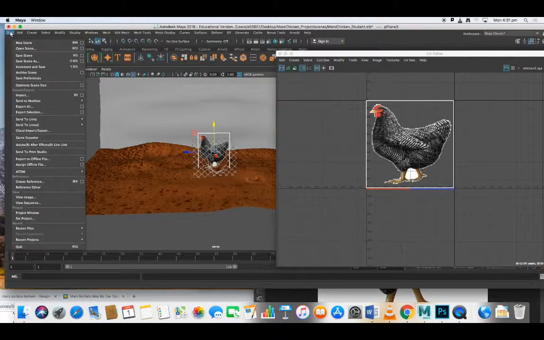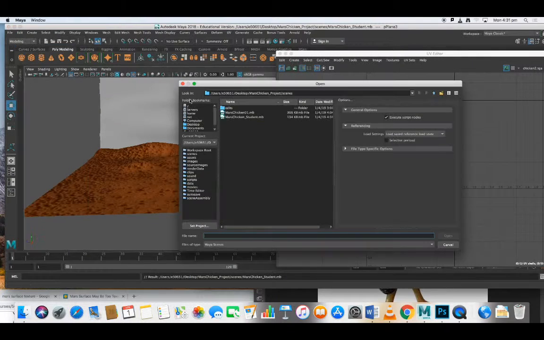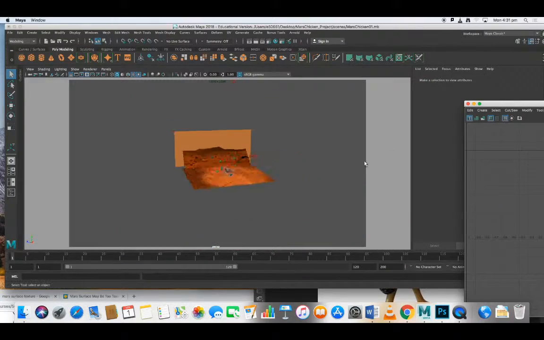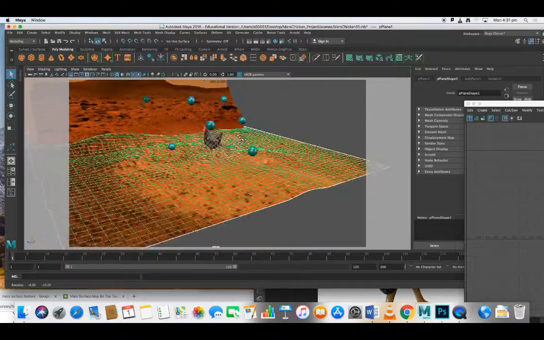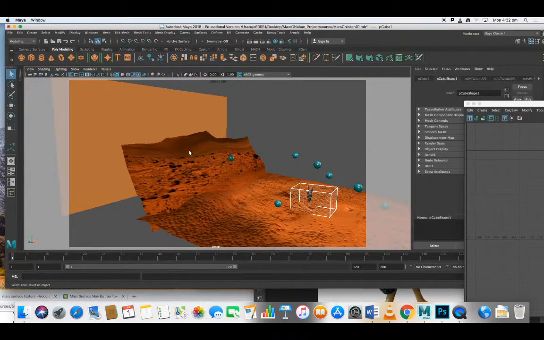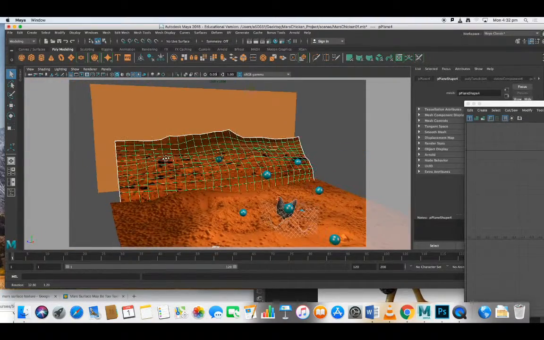Okay, I'll just save this, but then I'll open up the finished scene just to put it in some sort of context. File open scene, it was this one. And you can see the additional things I did here. There's the ground material, there's the chicken and the fence. What I've done here is put, actually for this one, I've put,